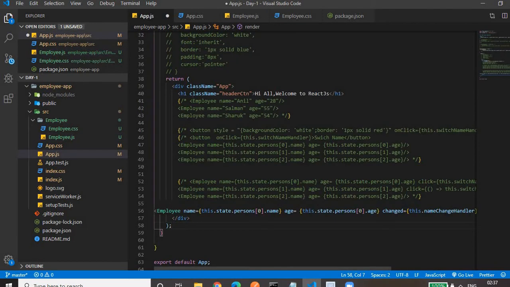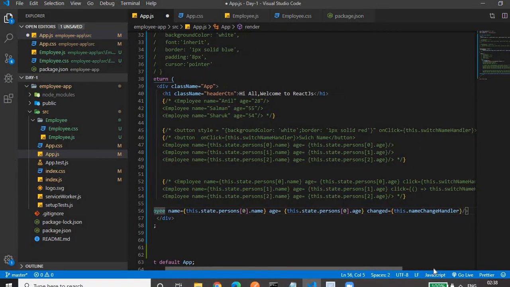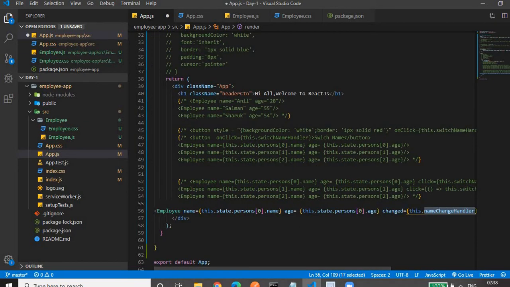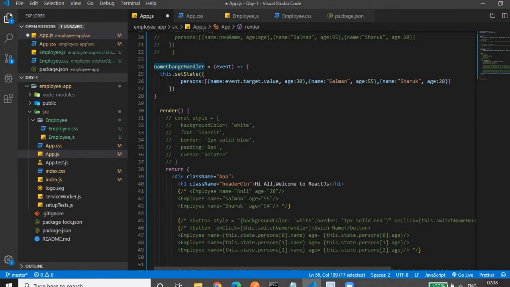Now in the render method, we have only one employee component. In this employee component, we have a change prop. In the change prop, we are passing the name change handler function reference. So we'll go to the name change handler event handler function.